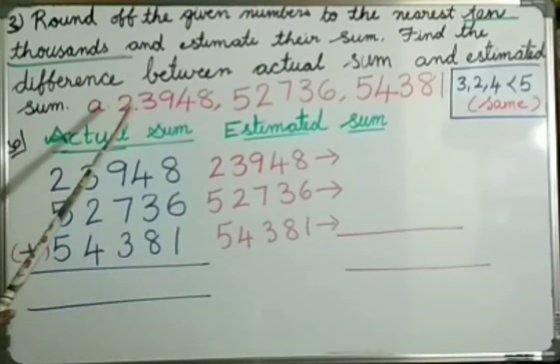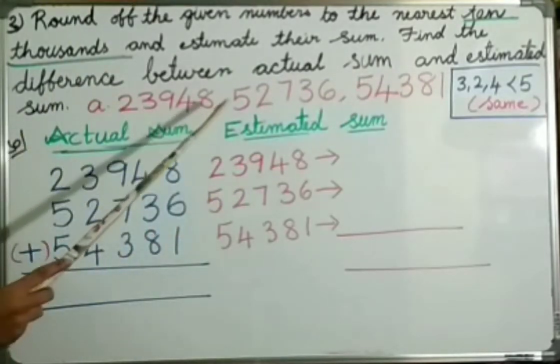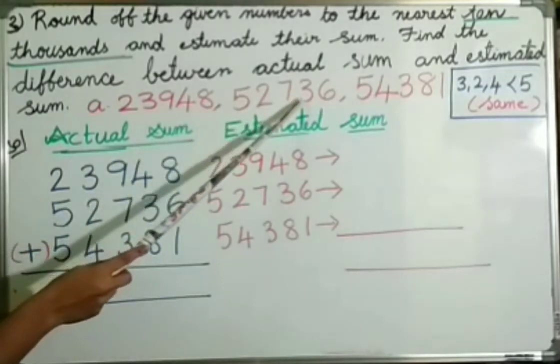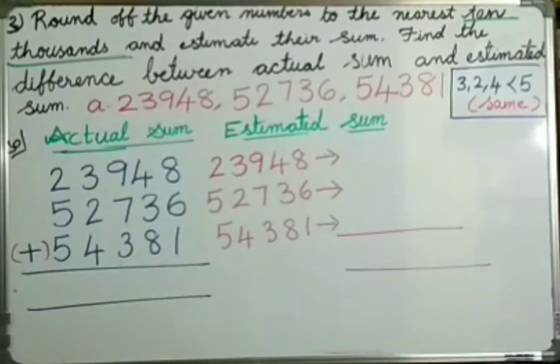This is the question: 23,948, 52,736, 54,381. Here is the solution. First, we have to add all the numbers, that is called the actual sum. 23,948 plus 52,736 plus